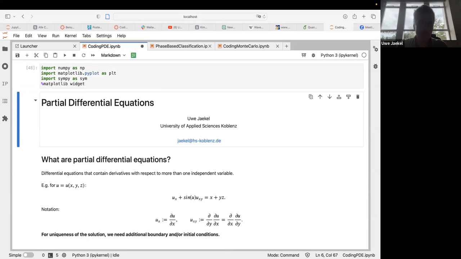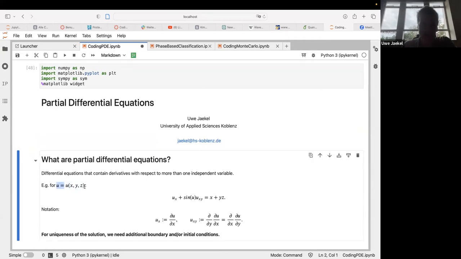I'm supposed to talk about partial differential equations. So first, before we look into what we can do with partial differential equations, let me tell you what a partial differential equation is. I guess most of you will know, but nevertheless, I want to start with the easy stuff, with the definition, for completeness. So a differential equation is a differential equation for an unknown function of several, more than one, independent variables,